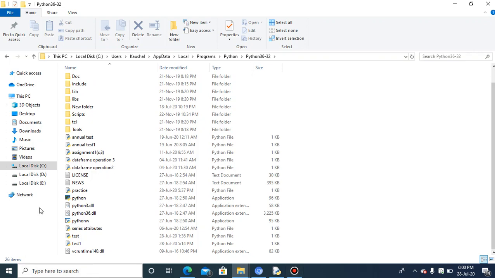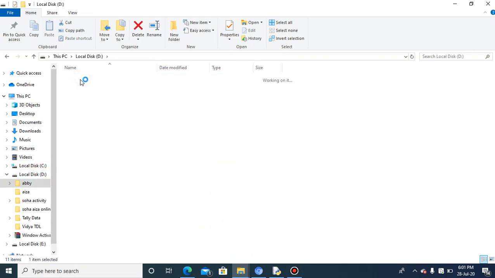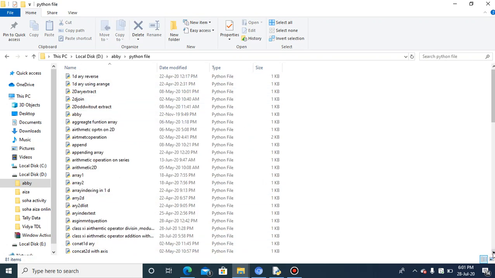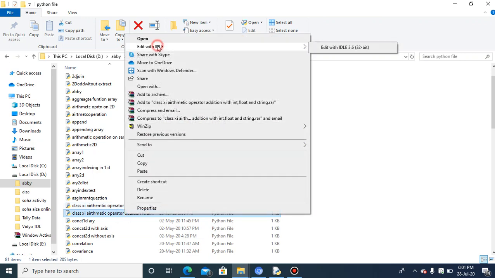It is not displaying over here because my file is stored under the D drive. See, all the Python files are here, and mine is this one. So you can open it by pressing Edit with IDLE.